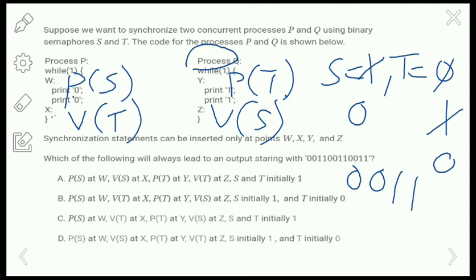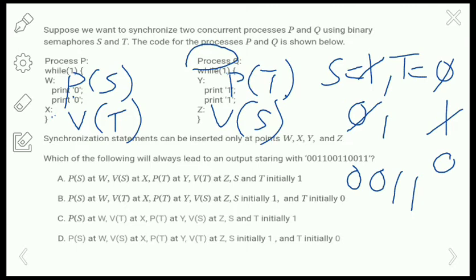Then V of S: the s value is 0, so V of S increments s by 1, and s has become 1. Now process P will start executing again because s is 1 and t is 0. So now Q is blocked. While one process is printing the string, the other process is blocked.